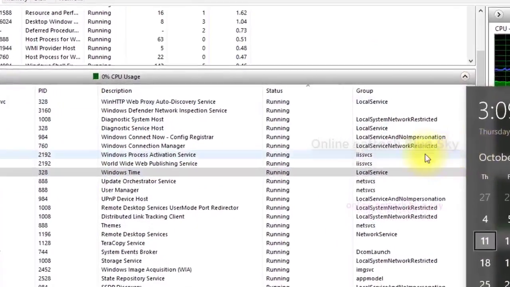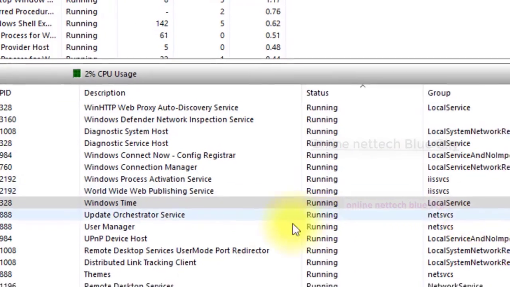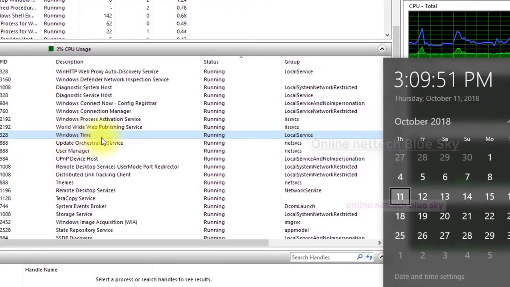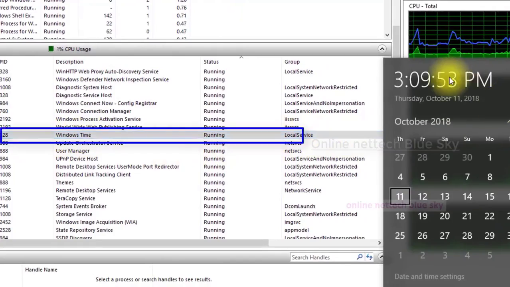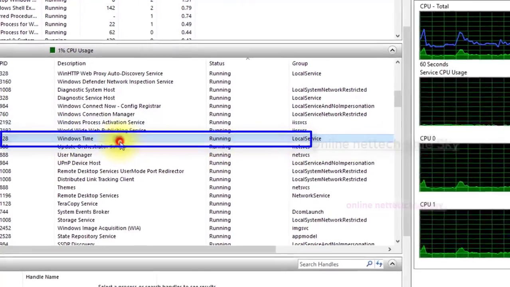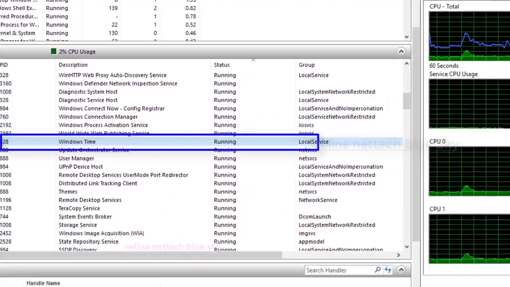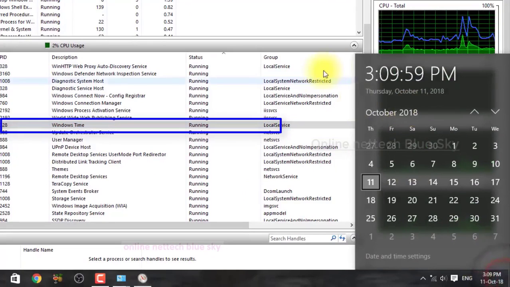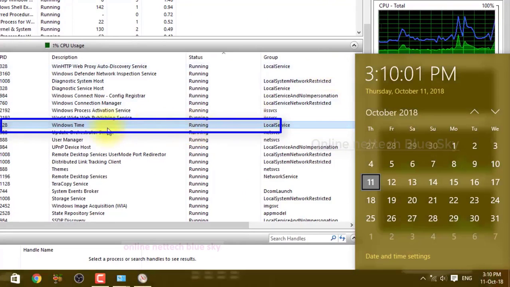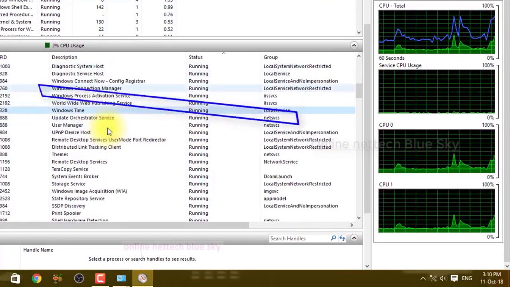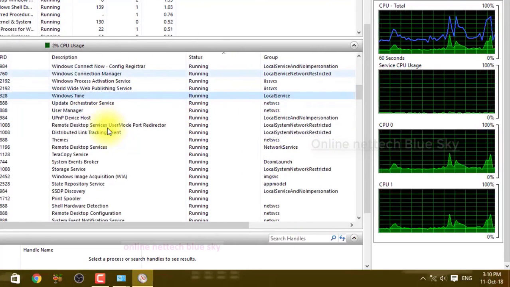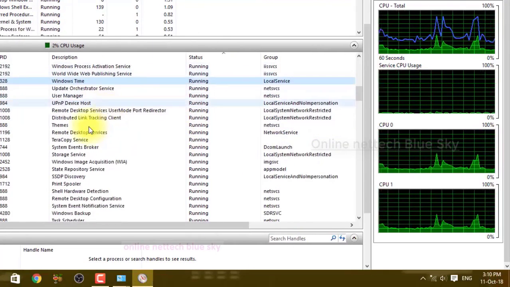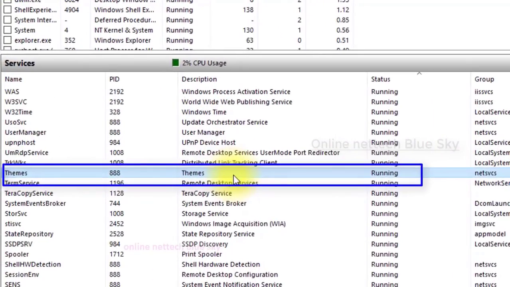So this is my calendar. Okay, you can see Windows Time. Windows Time means this is a calendar, and you can see Windows Time here. These services control and manage time here, so I cannot stop this one. Okay, because this is very important for my timing and different types of calendar here. This is very important for Windows timing and Windows themes.